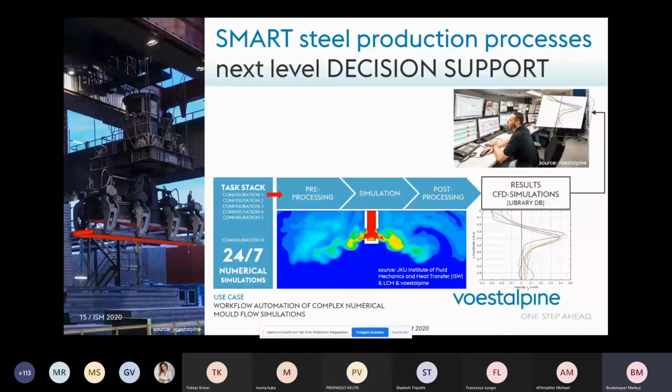We've heard that these numerical simulations can take a long time and are far away from real time. But the results of these calculations include important information which is also interesting for process engineers and quality engineers. So we have to transfer these relevant CFD results to these experts. Before doing this, we have to automate the workflow of CFD simulations, starting with pre-processing, then the simulation phase, and afterwards the post-processing. Together with our colleagues, we have to define the right key performance indicators, what they're interested in